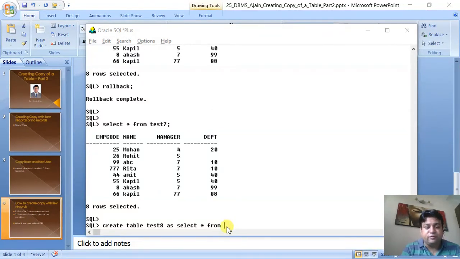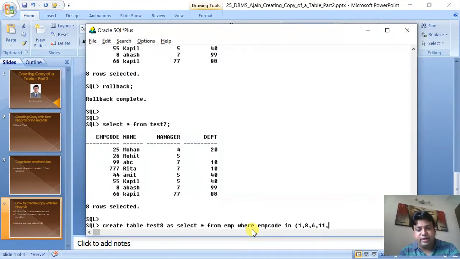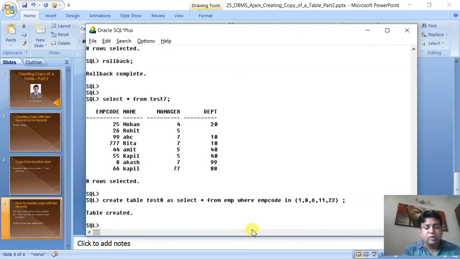As select star from student EMP, where EMP code in, even you can type a few records in, suppose 1, 6, 8, 11, 22. Whether they are present or not, don't worry about it. Copy it. Oracle will see which records match these values.